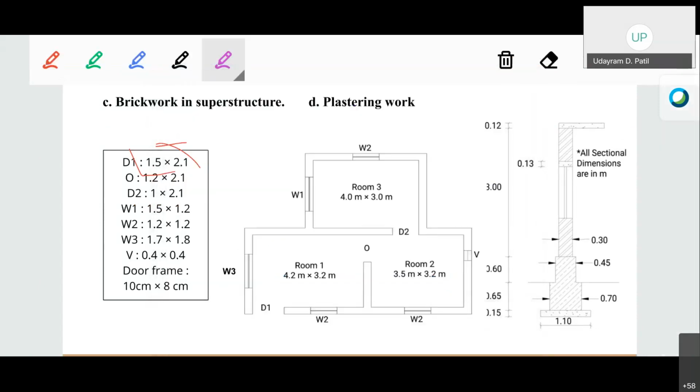Sorry, that particular phase will be from the external plastering for the external window or external door. For an internal door, as there is no external plastering, we are going to deduct that particular value from the internal plastering. For a value greater than 3 meters square, in that case, whatever your door's value is, if the area of the particular door is greater than 3 meters square, in that case we are